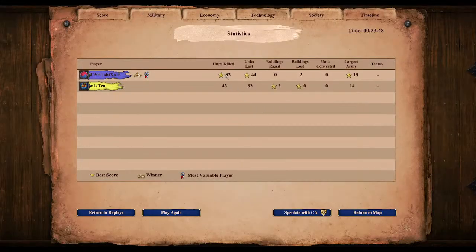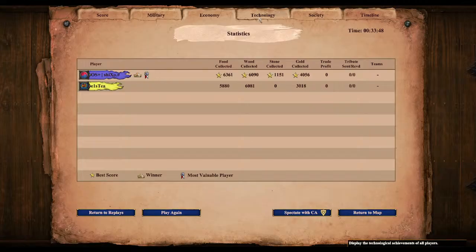So Shikso with 82 kills, 44 deaths. A lot of these are going to be villagers and cheap mine units. That's no surprise there. Army size is large. I mean, the largest army difference is only 5. Shikso with more food and wood collected, and actually all resources. Better advancement times,